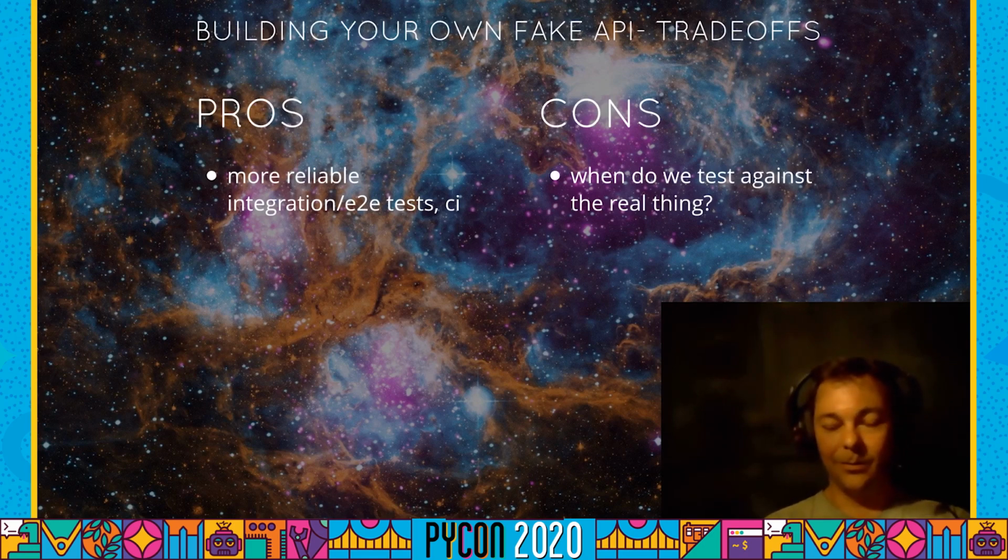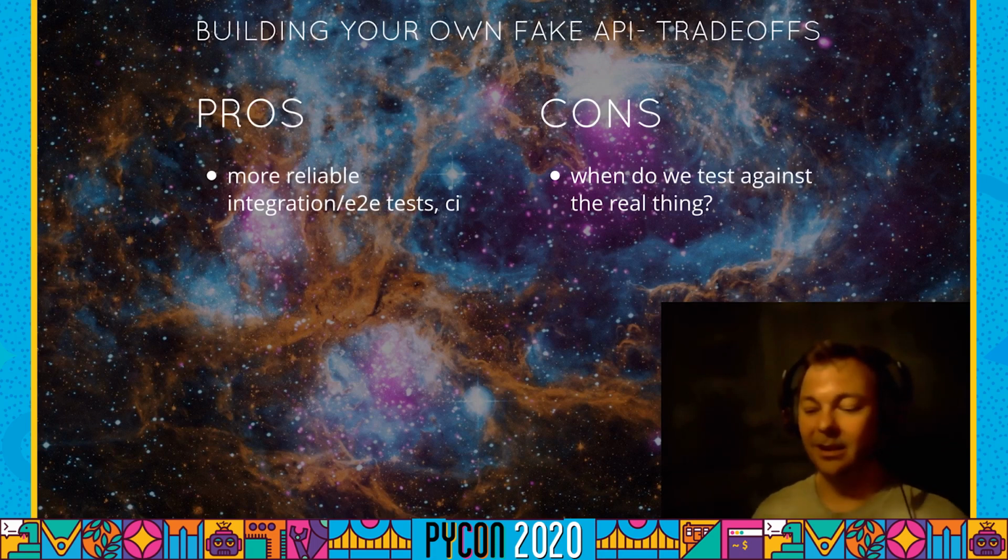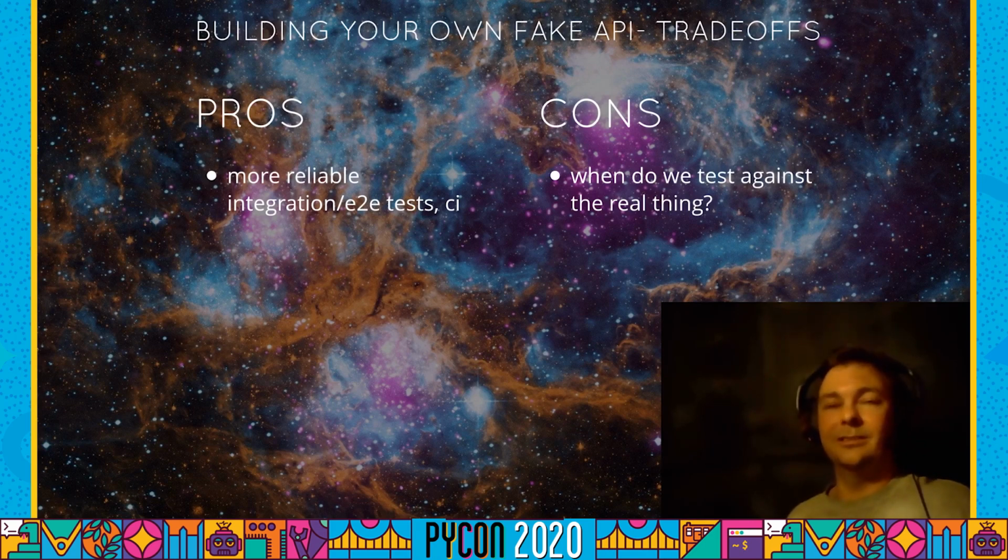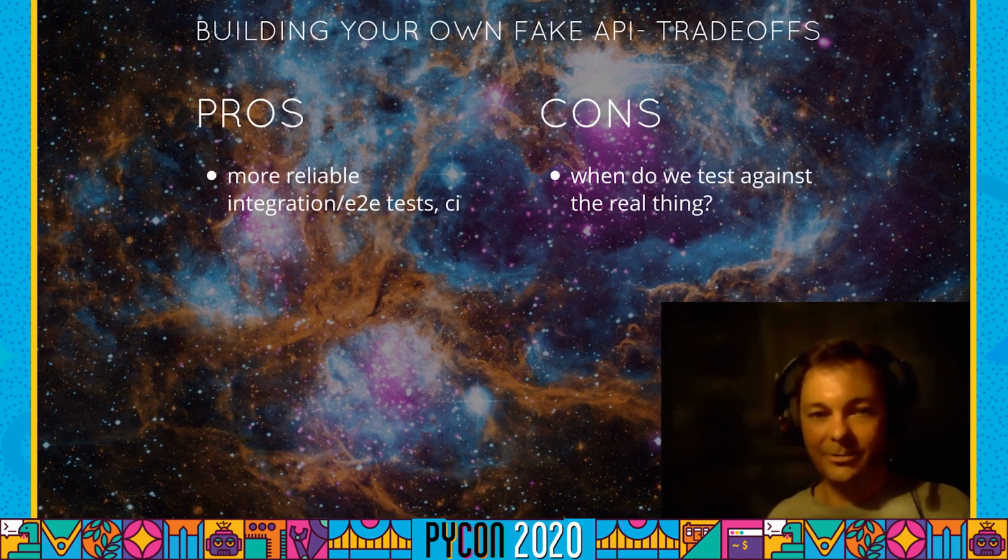Maybe we've had things where we run the tests against the real sandbox in CI, but not on your local dev machine. Or once a day in CI at 6 a.m. it runs against the real thing, and then all the regular tests during the day run against the fake thing. Or maybe even smarter, it looks at the code that's changed, or it looks at the title of the pull request to decide whether this looks like code that has changed an integration and it should run against the real thing, or it should run against the fake.